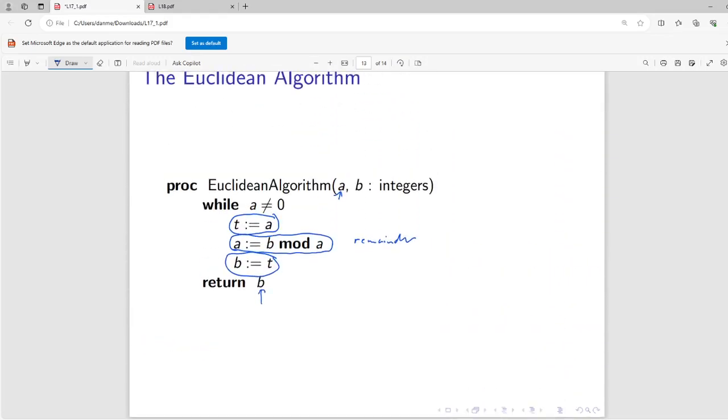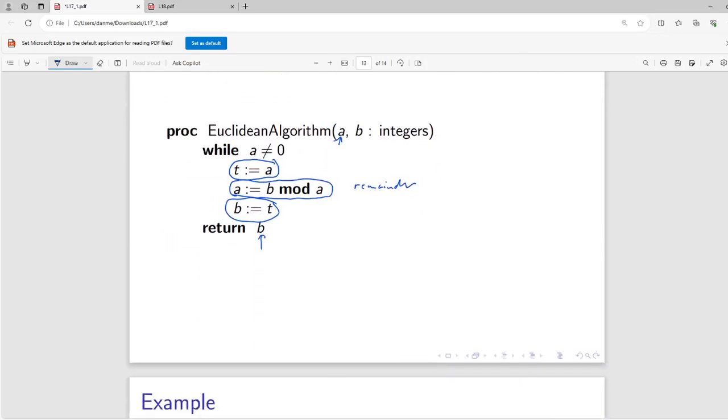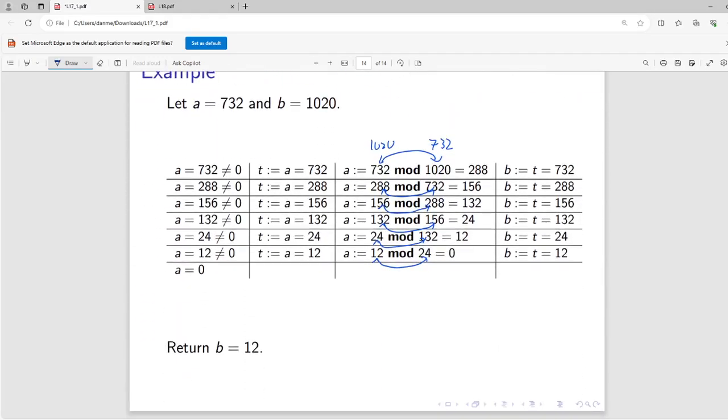So we go back to our program over here, and it says we should only execute this stuff while a is not equal to 0. So once this condition is not satisfied anymore, once we have that a is equal to 0, now we break out of the loop and we return whatever value is stored in b. So we're returning the value stored in b, which is 12. That's your greatest common divisor. Okay? And that's the way that the Euclidean algorithm